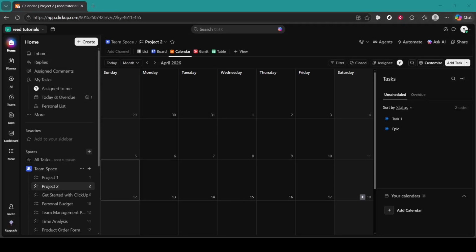In today's video, I'm going to teach you how to export ClickUp tasks to CSV. If you need a clean snapshot of your tasks for reporting, sharing with stakeholders, or analyzing in a spreadsheet, exporting to CSV is the quickest way to get there. CSV stands for comma-separated values, and it's a simple, widely compatible format that works in tools like Excel, Google Sheets,